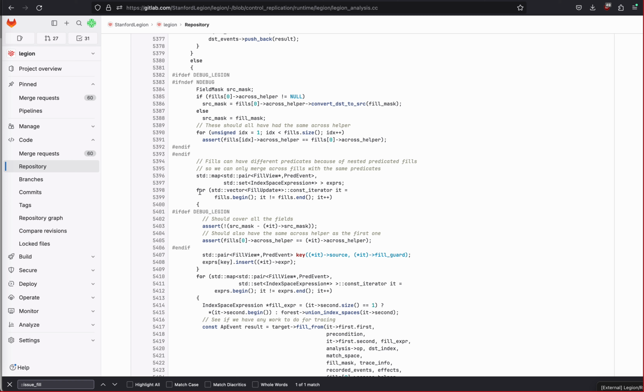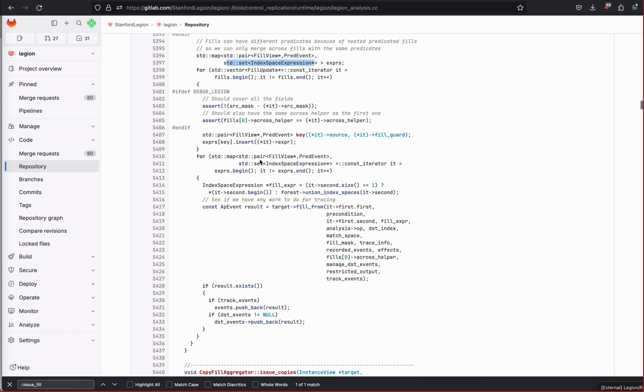And so effectively what we do is we look over all these fill updates and we sort them based on this key. We effectively create this key, which is the fill view as well as the predicate guard, and we stick it in there, and then all the ones that end up in the same set here are index-based expressions that we can actually merge together, right? So we build up this data structure, and then once we've got it, we can iterate over it and merge together the index-based expressions for fills that share the same fill